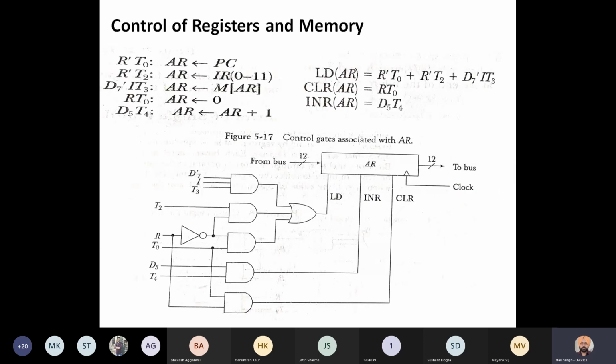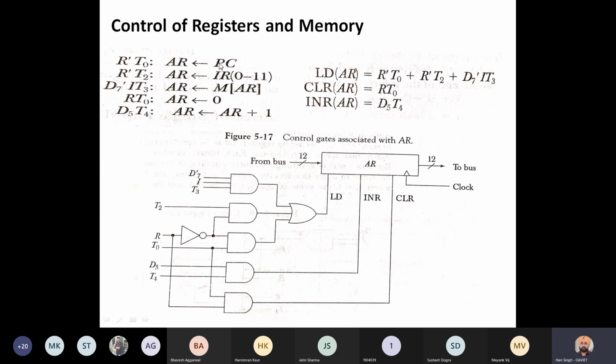Now let us see with an example how this control unit controls the operation of a register. We consider the example of the address register. First of all, we have identified the instructions in which data is written to the address register.